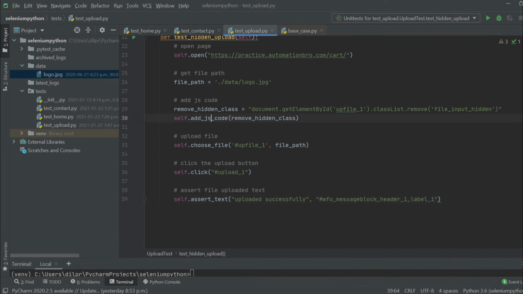And for that specifically, we use the add.js code. Now, once again, this add.js code is specific to the SeleniumBase framework. So if you want to learn more about the SeleniumBase framework, make sure to check out my tutorial series. I will add the link for that in the description below. But if you're not using the SeleniumBase framework, you have to figure out another way to inject the JavaScript code in your test. And once you do that, you can follow along with the rest of your steps.